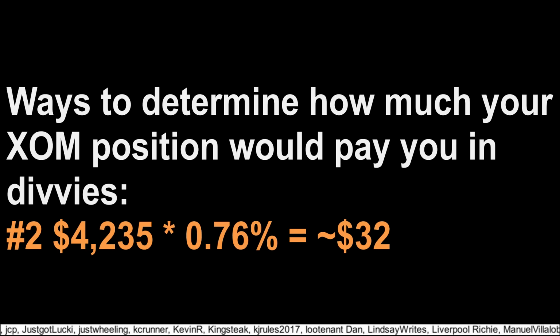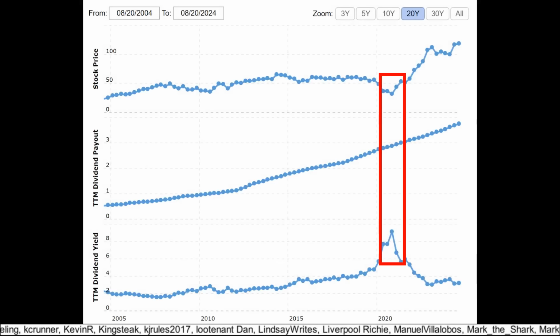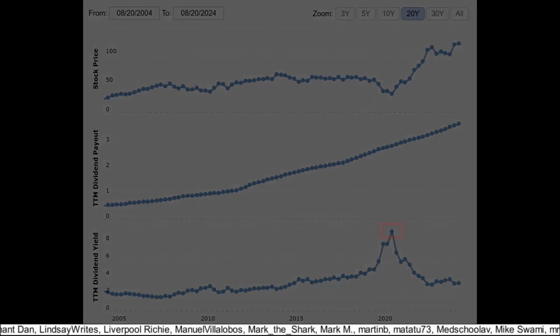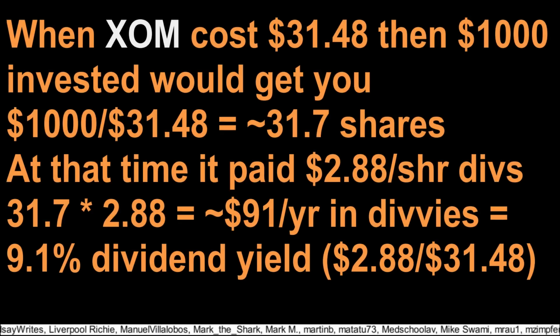To really understand how much dividend yield can change over a short period of time, take a look at what Exxon did when the market crashed during the pandemic. This chart shows that Exxon fell down to around $31.48 a share around that time, pushing Exxon's yield to over 9%. Assuming you bought when Exxon was at that price, that means someone who invested $1,000